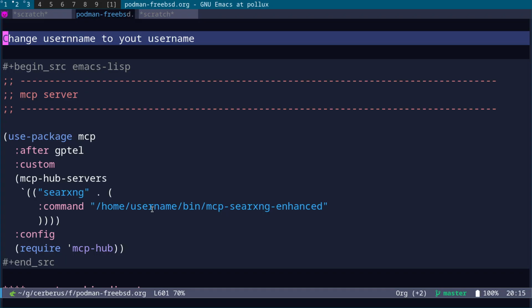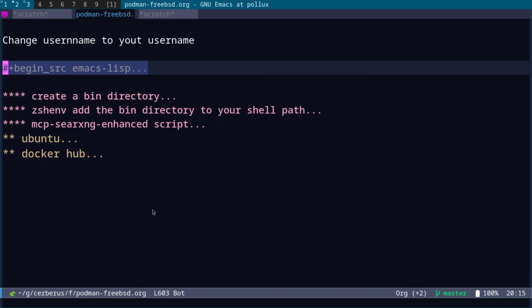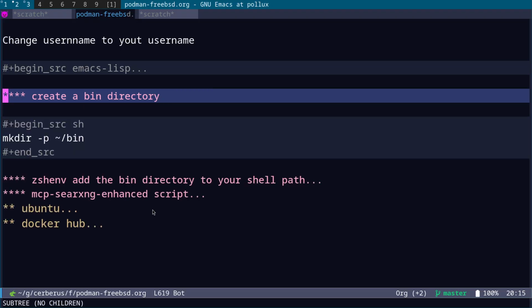actually launch the mcp-searxng-enhanced podman container. The reason for the error was the JSON output, and the script strips out the JSON errors that were throwing the Sentinel error in Emacs. So for the script, we're going to create a bin directory in our home,